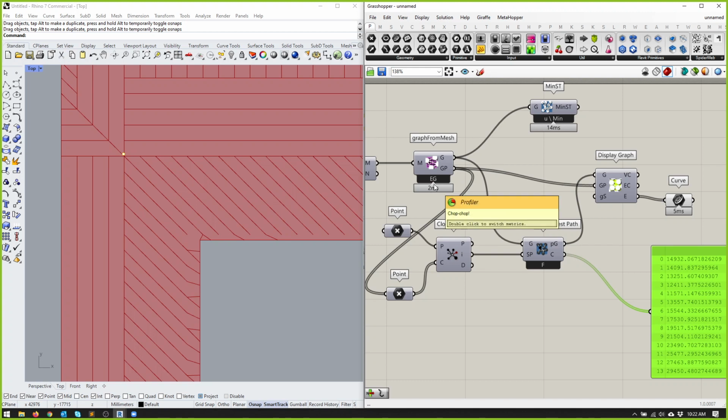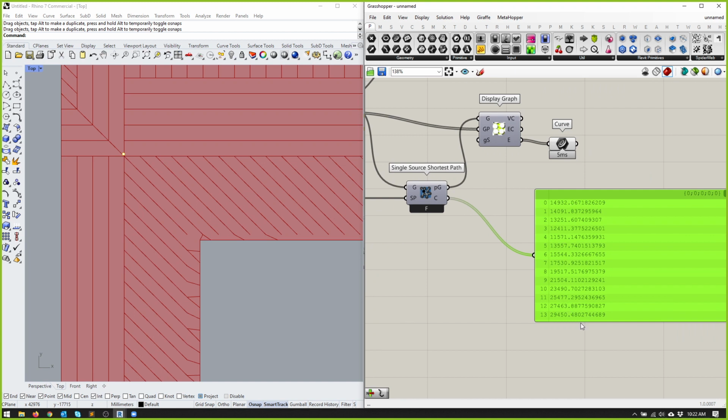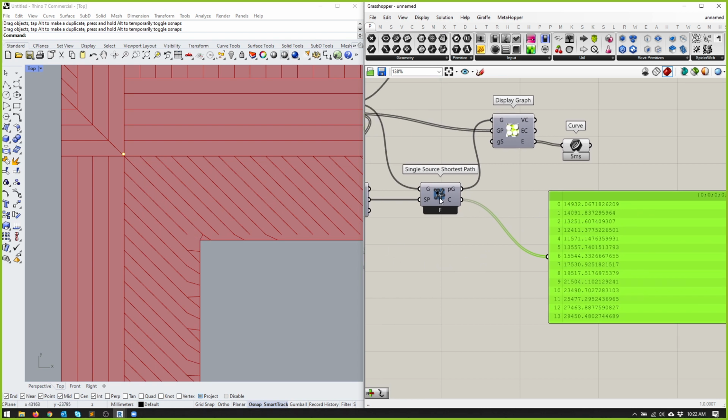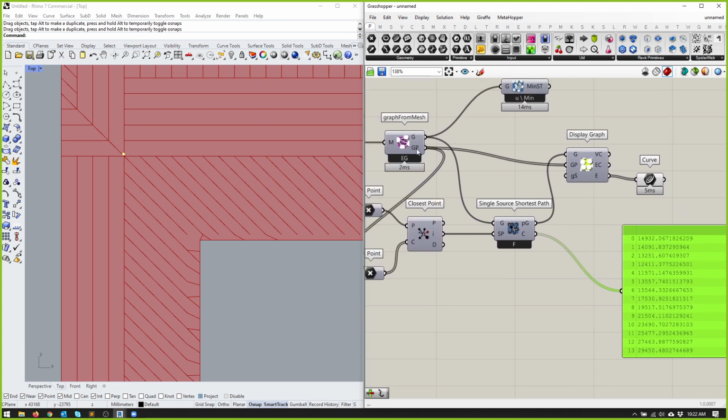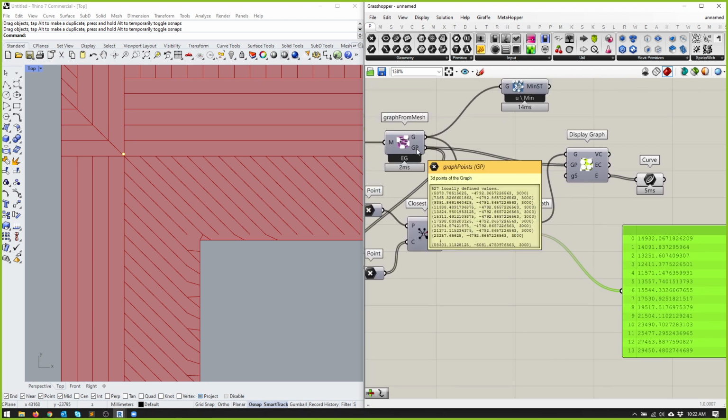So just know that the weight and cost of these graphs doesn't have to be distance, but in this case we're using distance. What that's telling us here is from this point there's a cost to every node, and if we mouse over that, there's 527 cost values being produced, and we've got 527 nodes in our network. So it's giving us a cost per node,